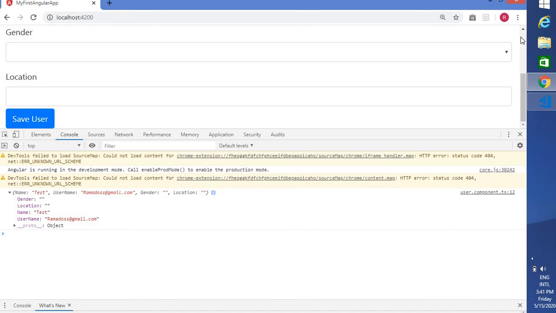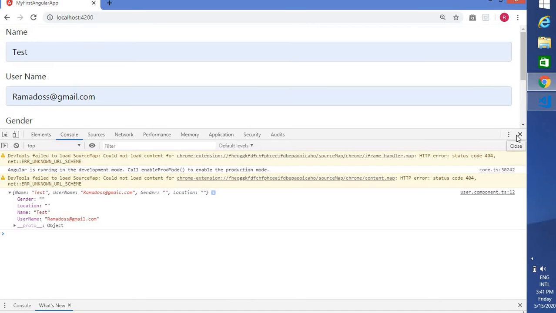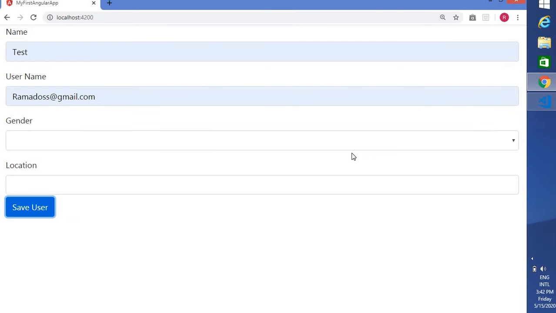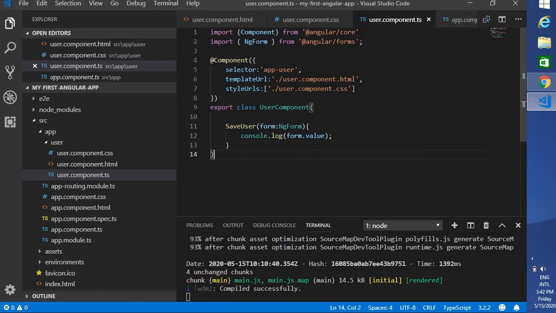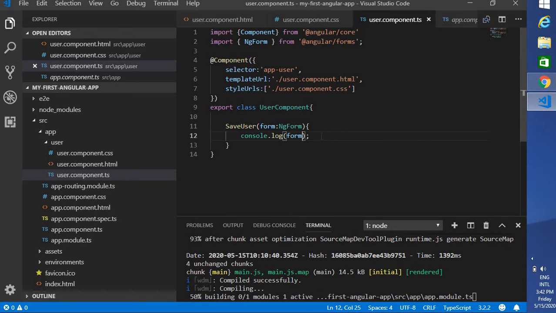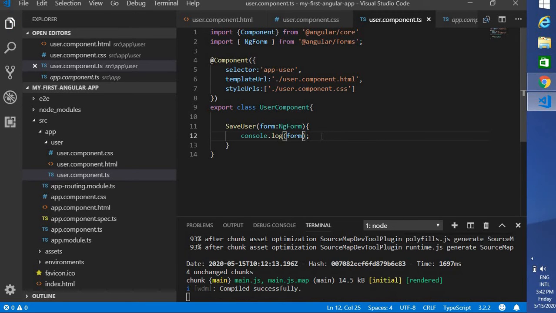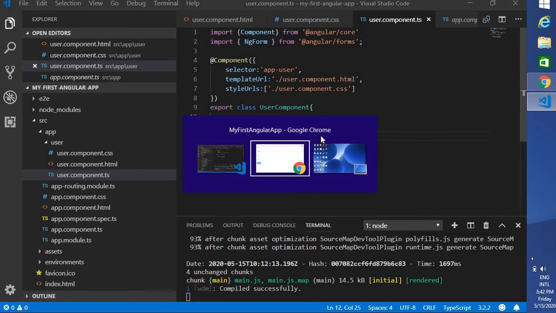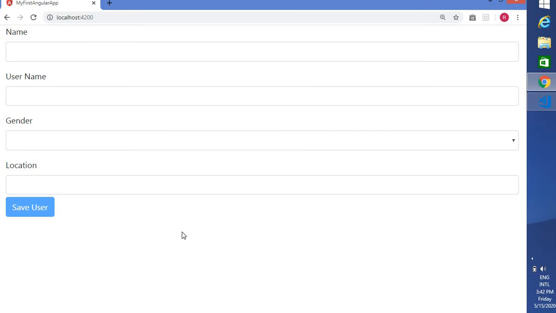Okay, now let me tell you how we can identify what kind of properties there are, how the control is, everything. So first what I'm going to do, let me go to our user component. We have ngSave, and we are right now logging a value. Let me log the form, let me log ngForm itself, and come to our UI, and let me press F12.